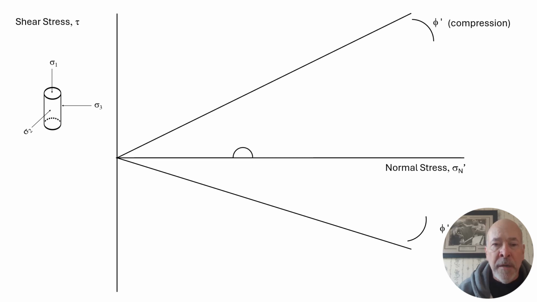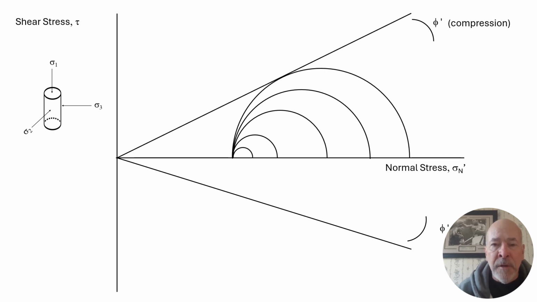So we've consolidated our material to a point, and then we've started increasing sigma 1. So sigma 1 is increasing, sigma 3 is staying at the same point. We have these Mohr circles that get larger and larger with sigma 3 staying in the same place. Sigma 1 is increasing until it hits